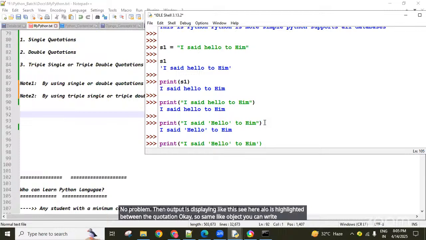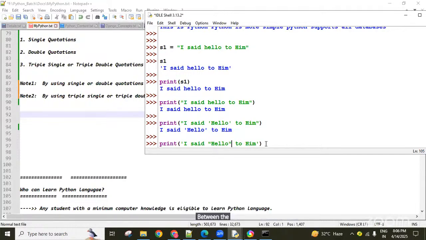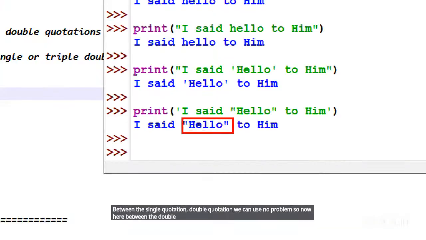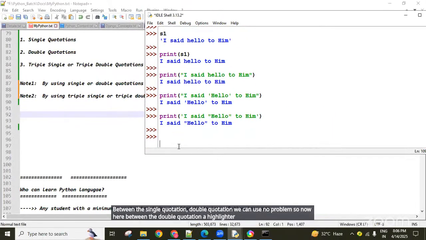Now here I'm using single quotation, so again here single quotation I'm using, and now here double quotation is used. Between the single quotation, double quotation we can use, no problem. So now here, between the single quotation, the double quotation is highlighted. Okay, now the question is, the concept is: